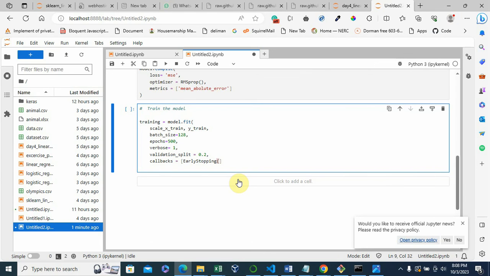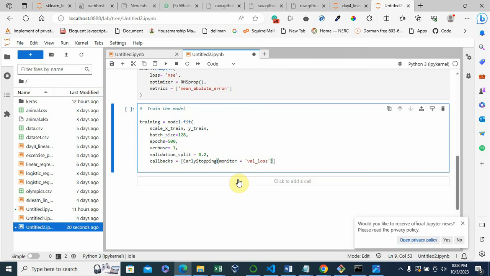So we have early stopping, and then we use monitor, which would be the loss value. All right, and of course you also define the patience.